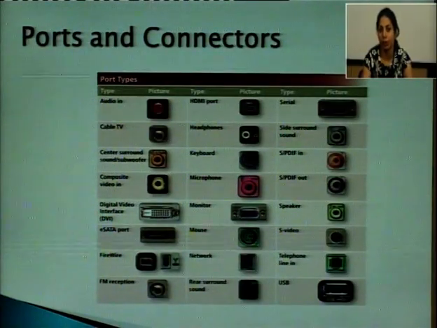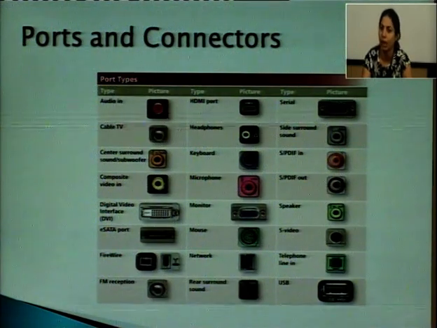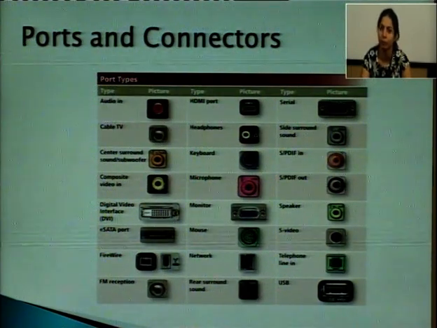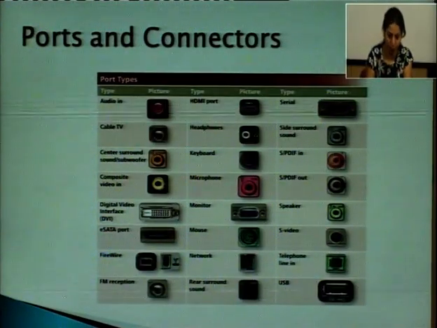So, these are the various ports available as communication paths for connecting any kind of external device, and we can make the communication between the processor and the external device.